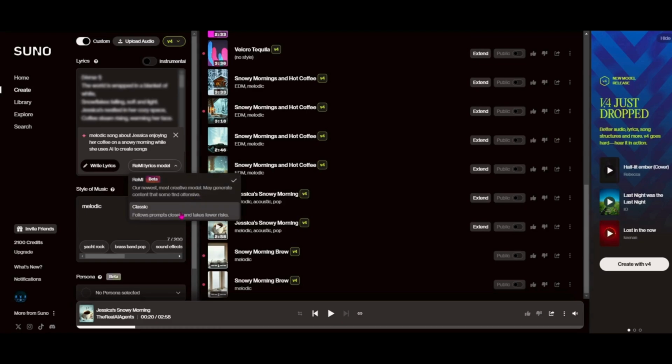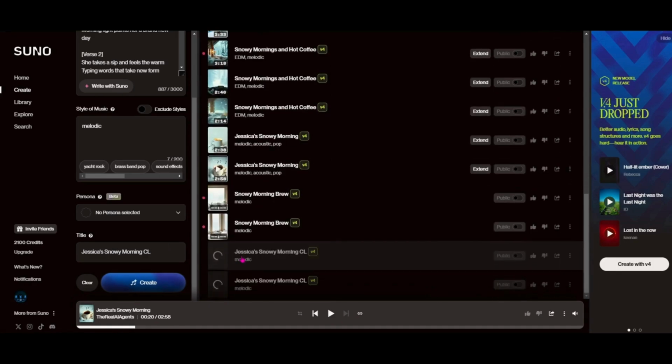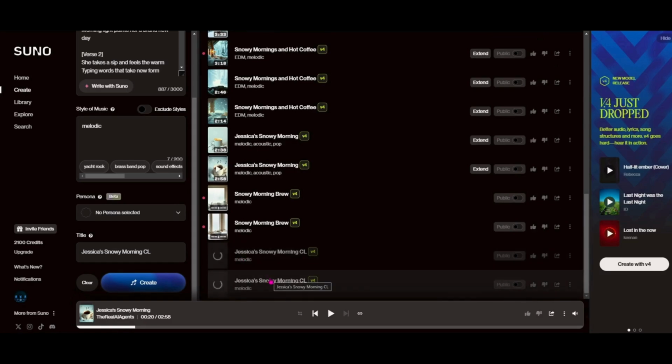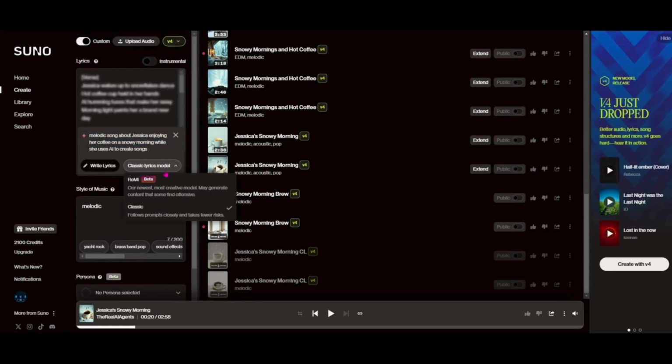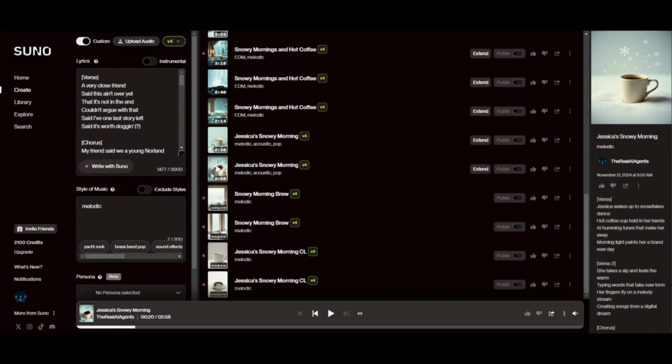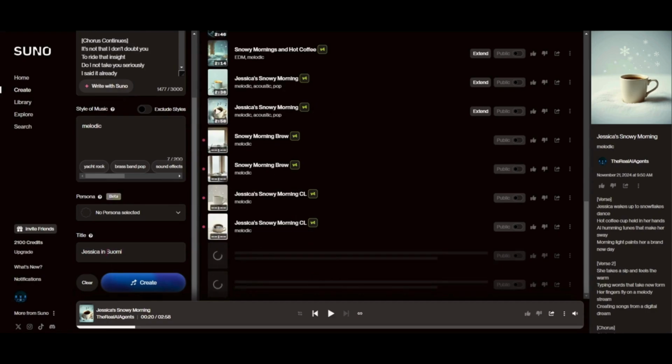Let's go ahead and we'll just do one on each here. We'll do one with the classic lyric model, and we'll ask it to write the lyrics, and then we'll go ahead and create this one, and I'm just going to put in CL at the end so I can remember that this was the classic lyric one. It can be hard when you're just doing random songs to keep them straight without adding something to the title. And then let's go back and have it write the same thing but with the new lyric model. We will go ahead and create that and just see what we get there. And we can see it gave it a new title, so not sure what we're going to get, but we'll check it out.